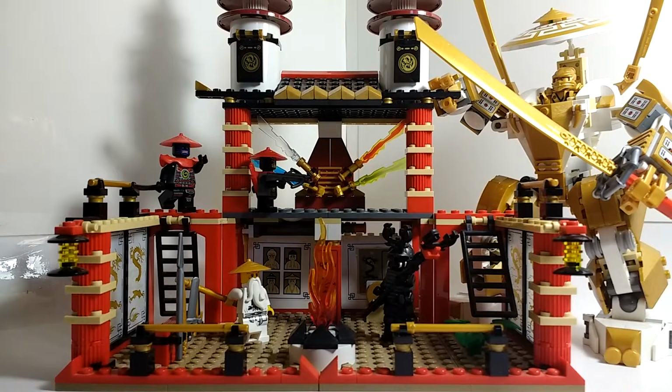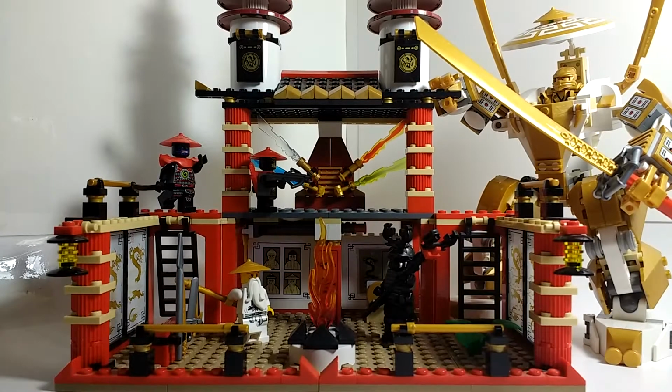Taking the number 2 spot on this list is the Temple of Light. This set includes 5 minifigures, as well as the golden mech of the first Spinjitzu Master, and of course the Temple of Light. Now, this set is on this list for several reasons, and one of them being that